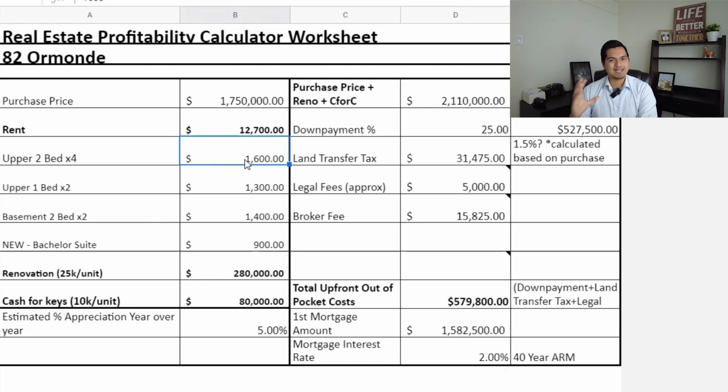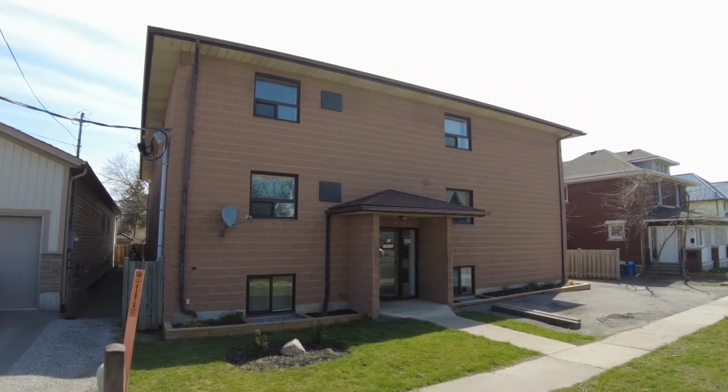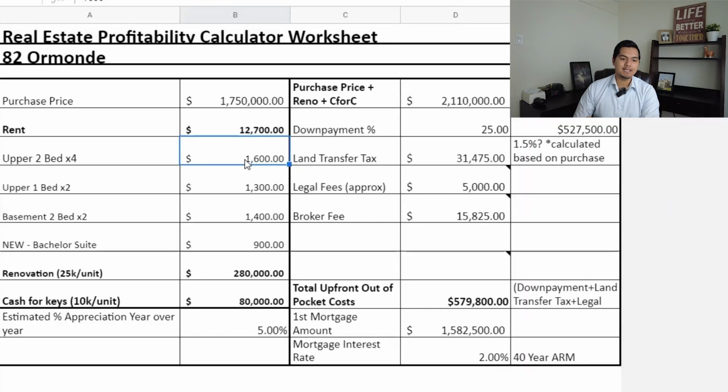We're hoping to get about $1,600 in rent from the 2-bedroom units, about $1,300 in the 1-bedroom units. These are the ones above grade. And then there's 2 2-bedroom units in the basement. I'm going to estimate at around $1,400. And then the new bachelor suite we create in the basement, I'm going to be really conservative and budget about $900. So in total, this building, once it's fully turned over, really optimized, should be bringing in about $12,700 per